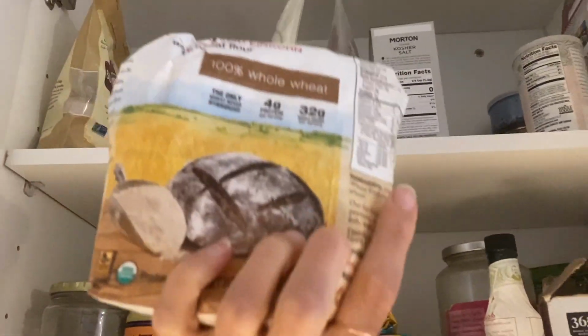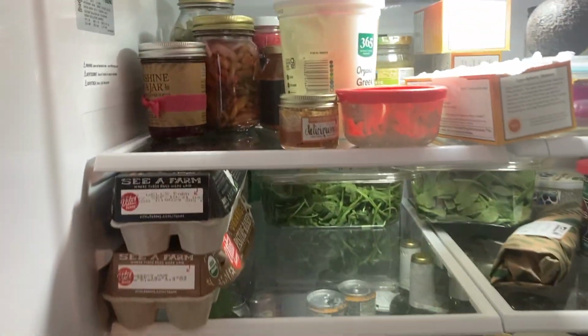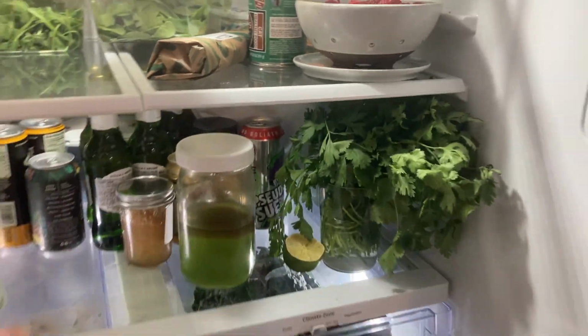I think we might need to use some of this flour as well. And we're going to need eggs. Oh, always have parsley. We'll come back for that. Okay, great. So,